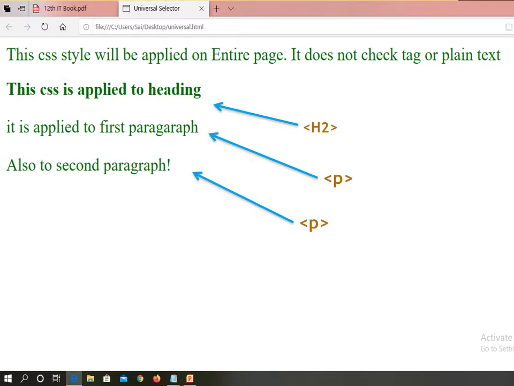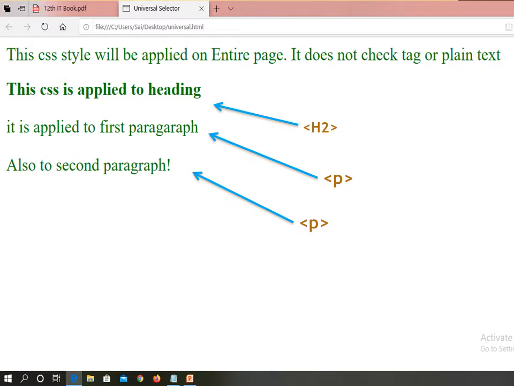The universal selector applies style on all these four lines, that is text color green and text size 20 pixels.